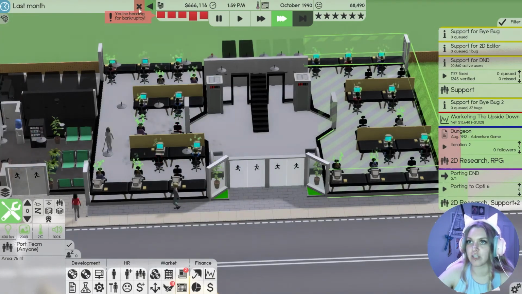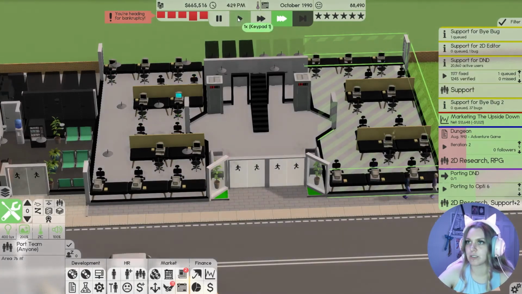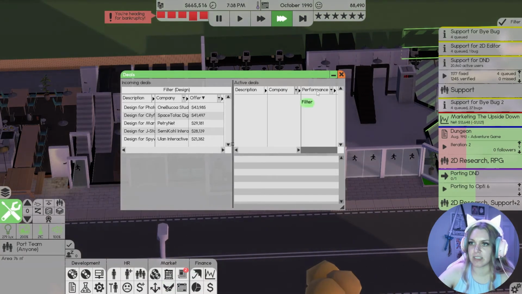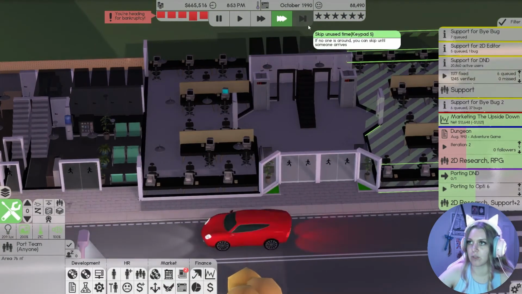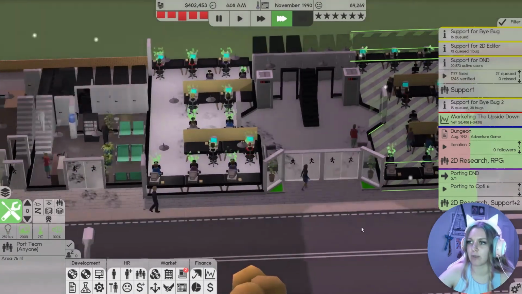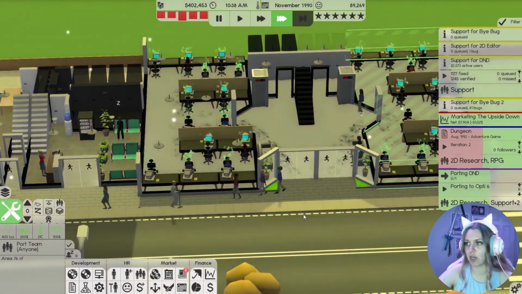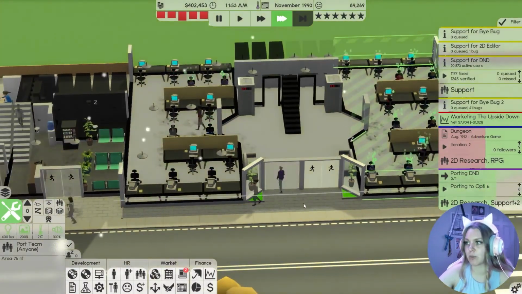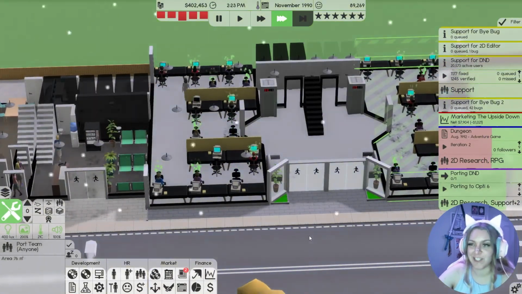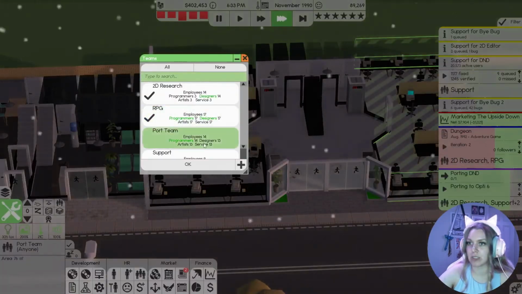It'll help with our cash flow, getting our stuff onto, because we only have 20 users for this. It's not great. Maybe we can look at picking up some design deals, but realistically none of this is going to account for the 200,000 that we are losing every month. We'd have to pick up all of the design deals and pretty much stop production on our own stuff, which nobody really wants to do. We could do it, but I would be more interested in making more software to actually sell. That's going to help us in the long run. Maybe we can assign our support team to this one too.